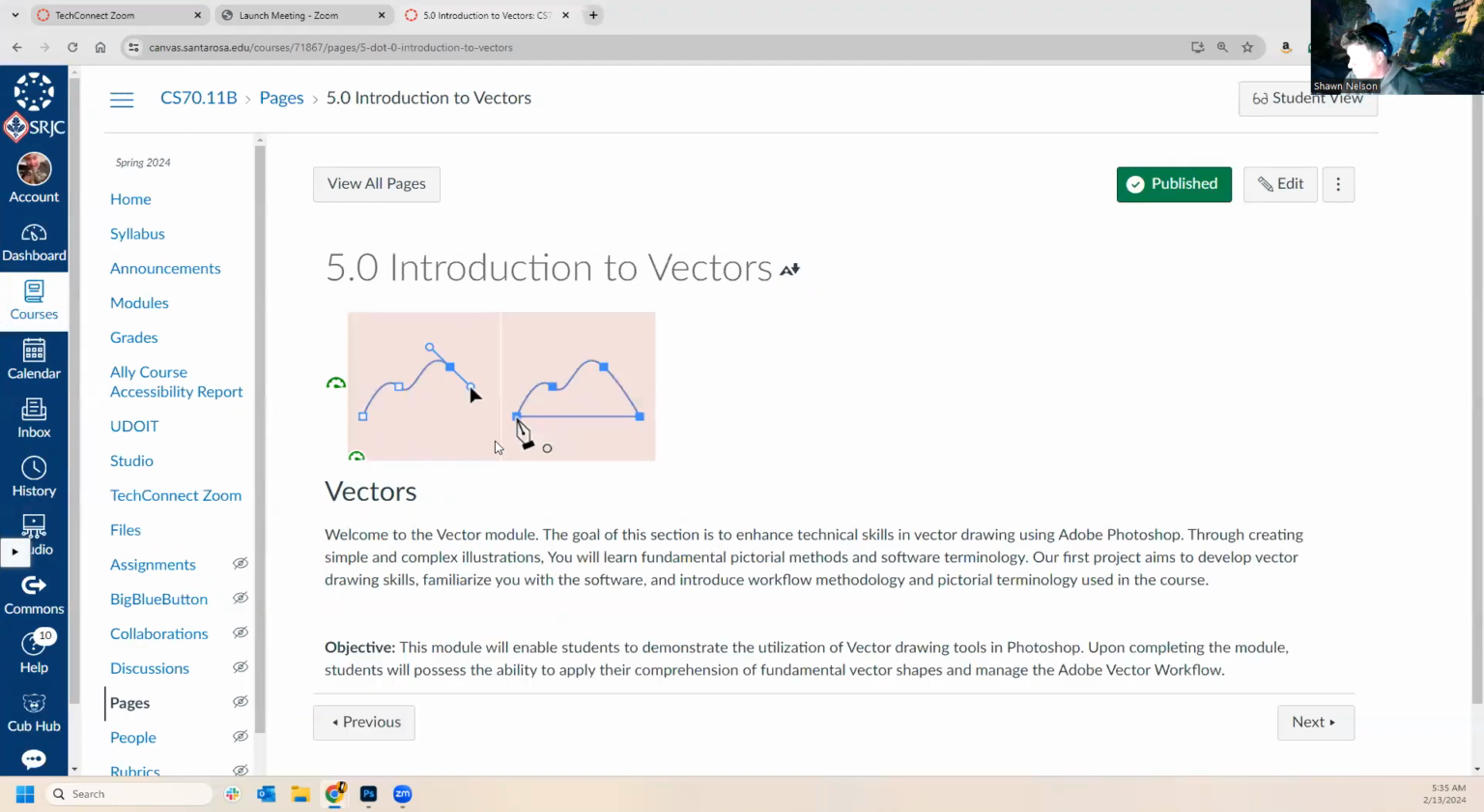Vectors, as we talked about, are shapes made by math. We talked a little bit about this in the text chapter last week, module last week. Generally,